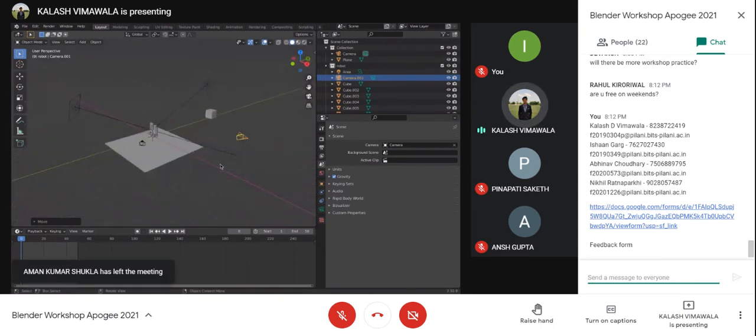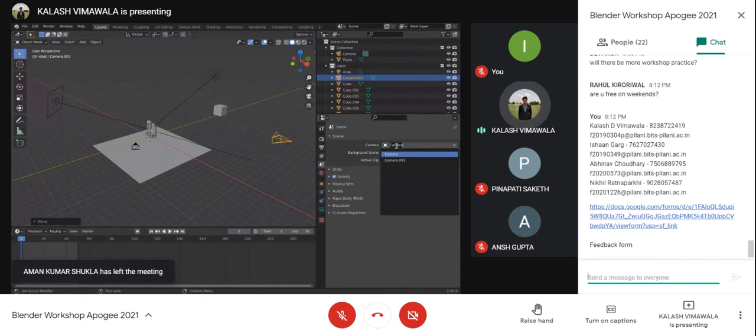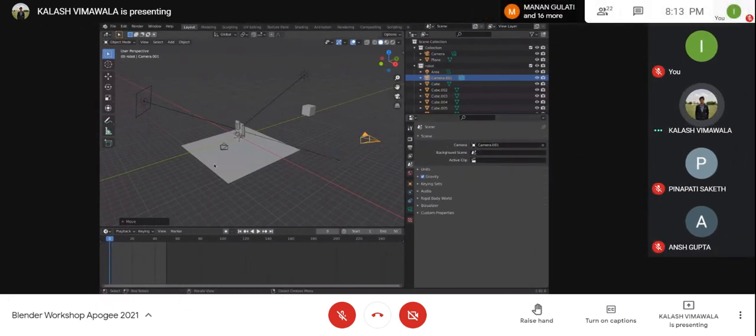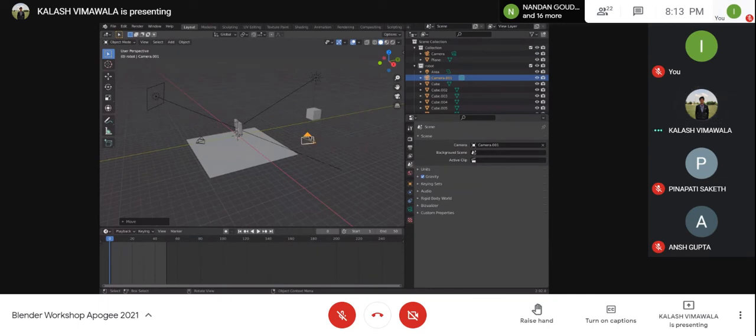So this is my second camera, and if I go to camera 1, now if you see over here, there's a very tiny detail, but it's really important. If you see the top of the camera, it has a solid triangle, right? Now if it has a solid triangle, that means that this is the active camera. But if I go ahead and select the left one again, then this will have a wireframe triangle and this will have a solid triangle, which means that this is the active camera and not this one.